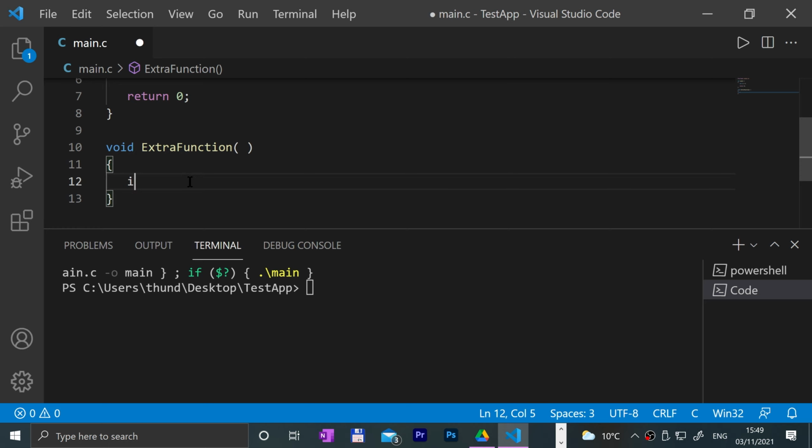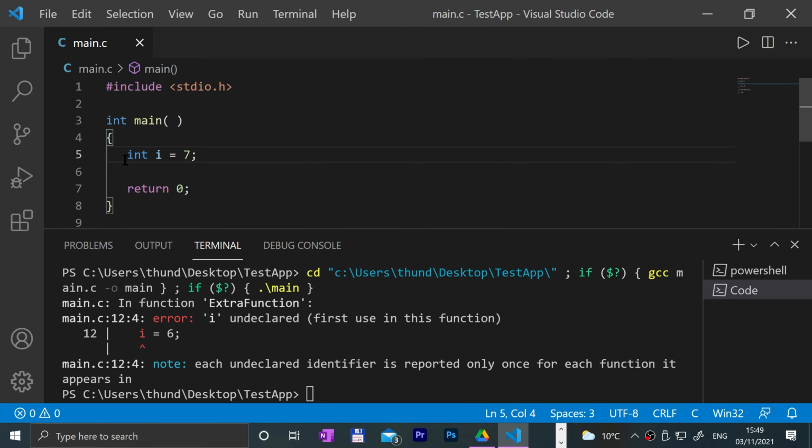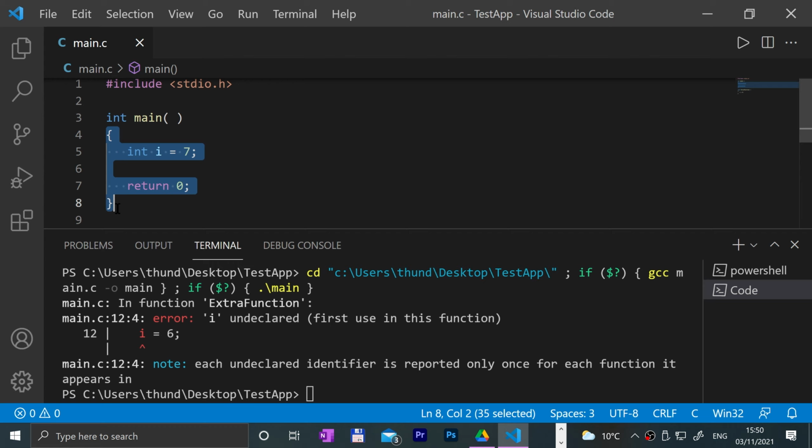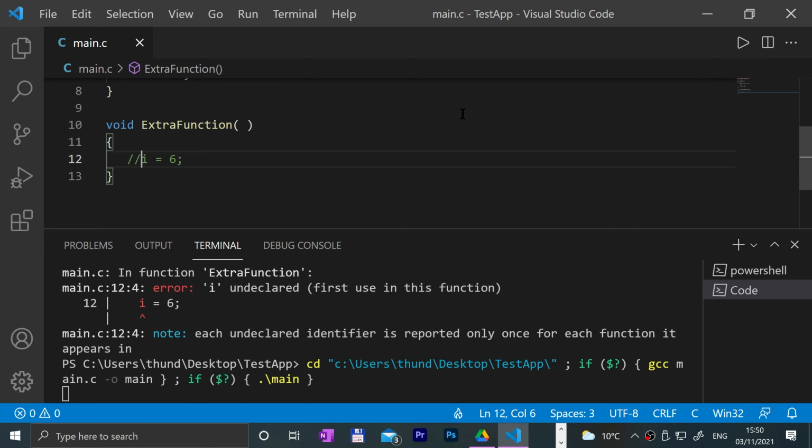But let's say I try to use i here, let's say I say i equals 6, save that, run it, we'll get an error. i is undeclared, and the reason is that by default all variables within a particular block, and a block is defined by the opening curly brace and the closing curly brace, have the auto keyword automatically used. Hence why you won't see code very often in the wild that actually shows the auto keyword, for the simple reason it's automatically attached. And if I was to just get rid of this and run it,